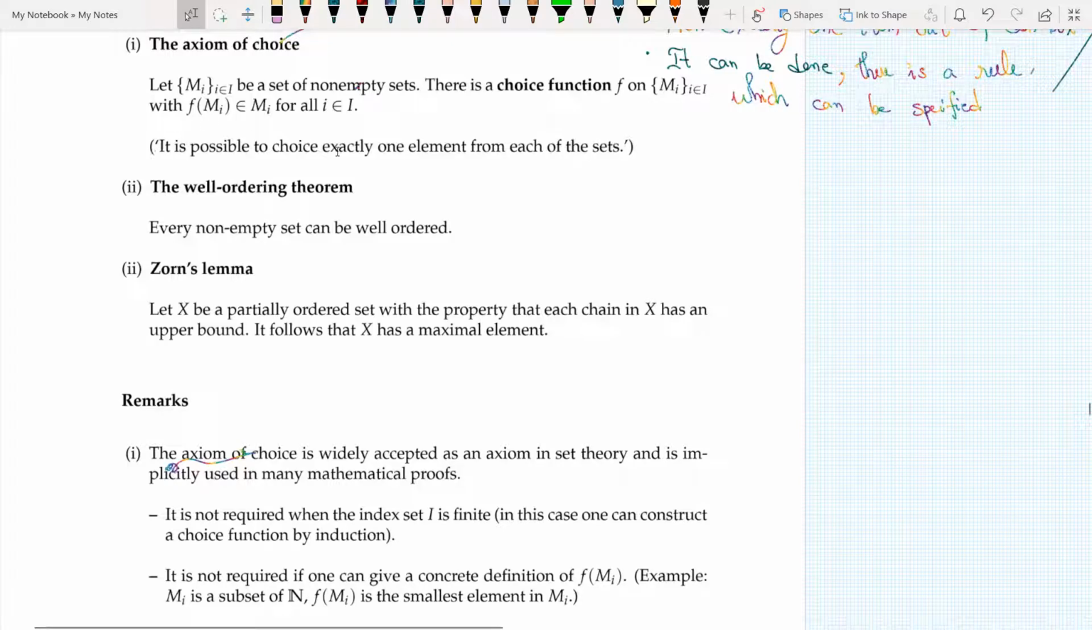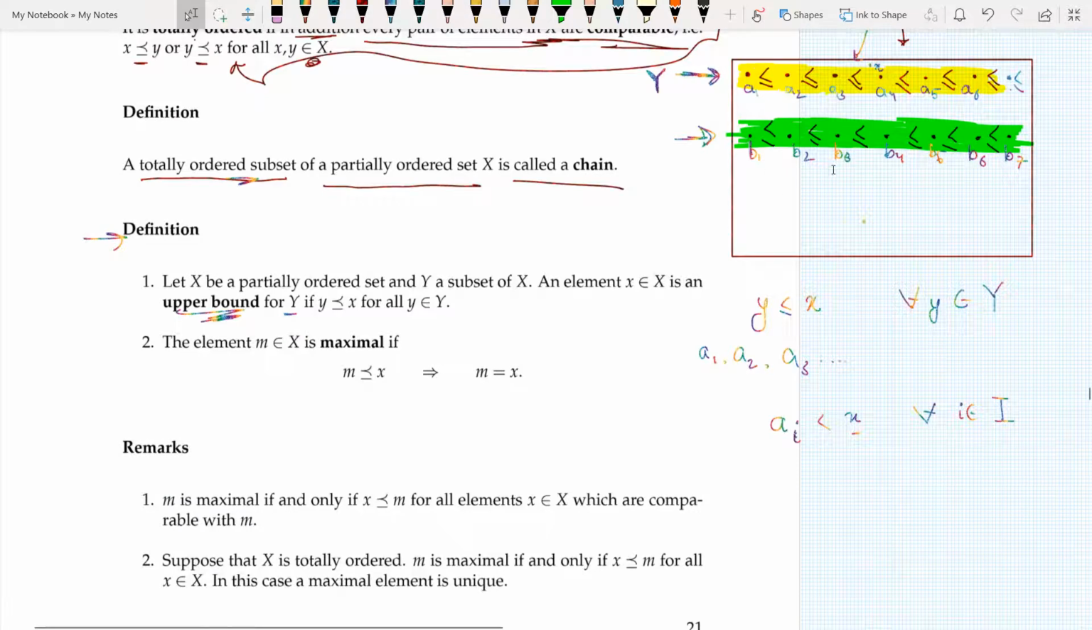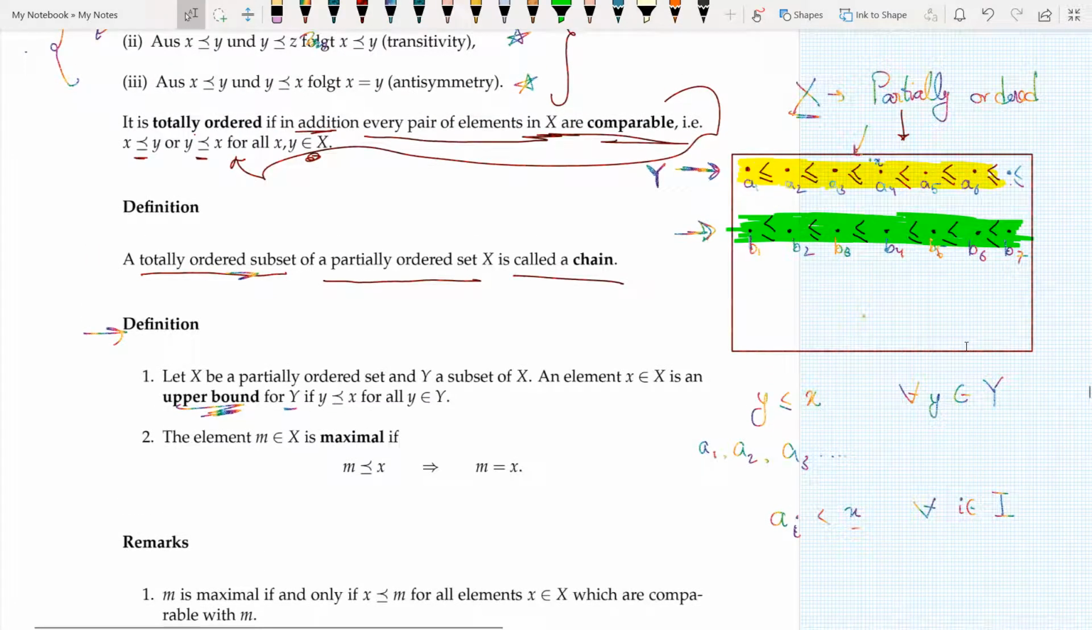The Well Ordering Theorem says that every non-empty set can be well ordered. Zorn's Lemma says: let X be a partially ordered set with the property that each chain in X has an upper bound. It follows that X has a maximum element. Now look at this diagram to understand Zorn's Lemma. I have my partially ordered set and I have all these chains. All that Zorn's Lemma is telling me is that if every chain